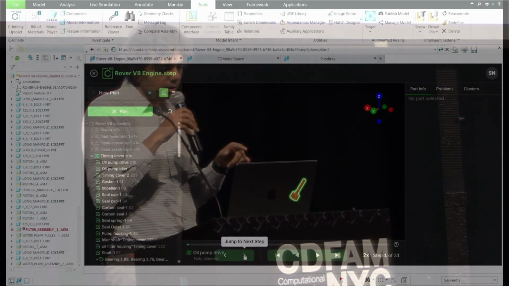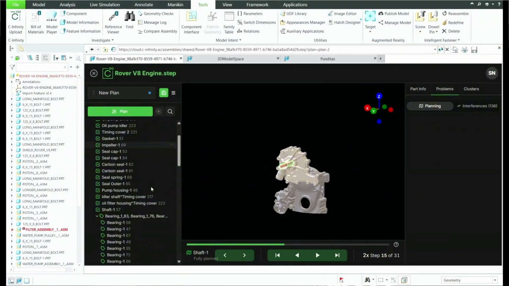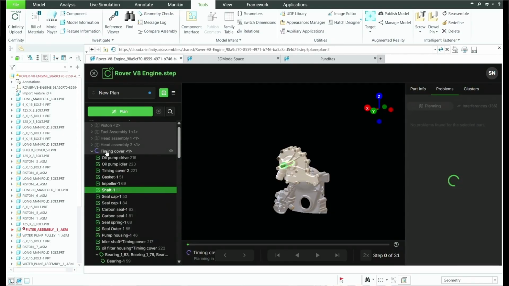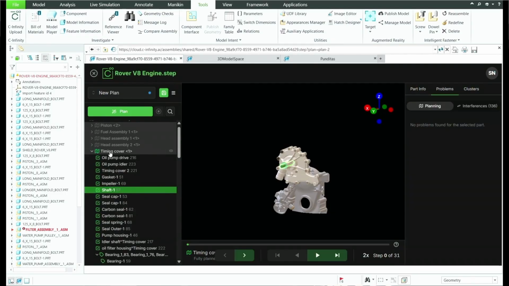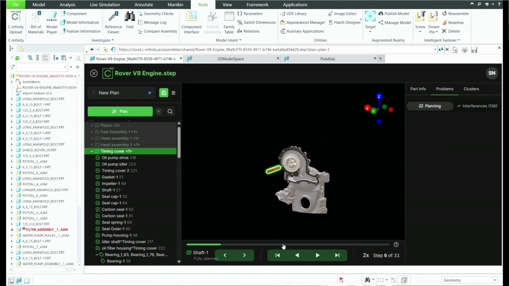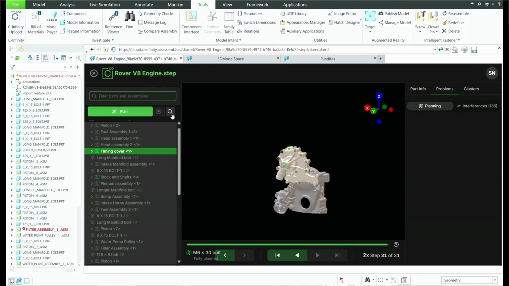So they say, yeah, this is great, but I want to take the shaft over here and move it all the way up right after the impeller, because I want to use the shaft to align the parts that come after that in the assembly sequence. So you can reorder the plan if you like. It's like a human-AI partnership, where the human engineer says, okay, these steps in the plan need to be updated, and the artificial intelligence solver can figure out whether that plan is valid or not,